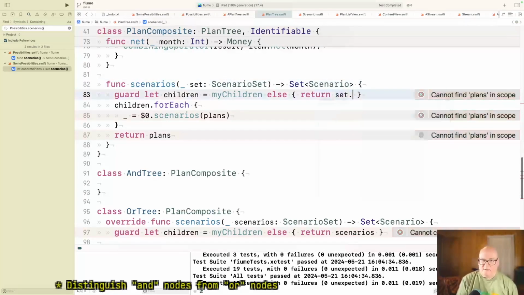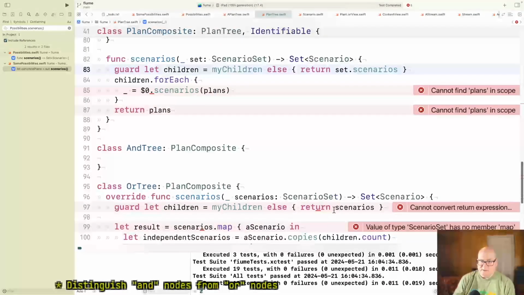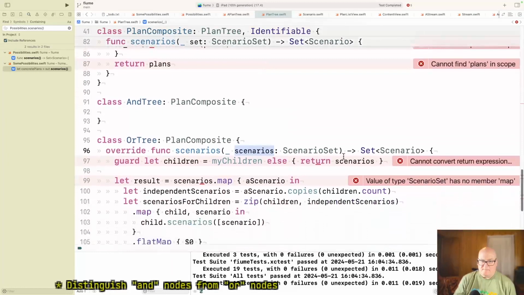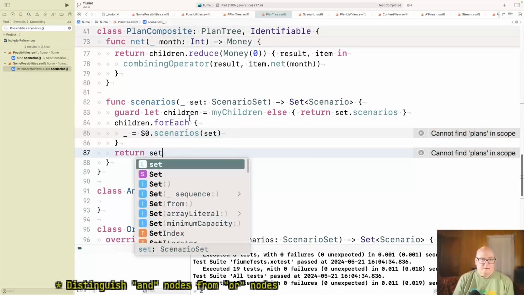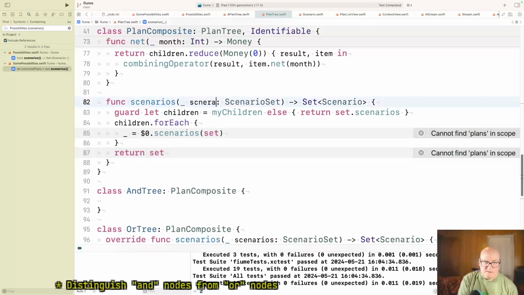Okay, and set dot scenarios is a set. Okay, so that much is okay. Scenarios. Okay, so I'm doing the little minimal version of this. Plans is set. I don't know that name. Can I use the same name?